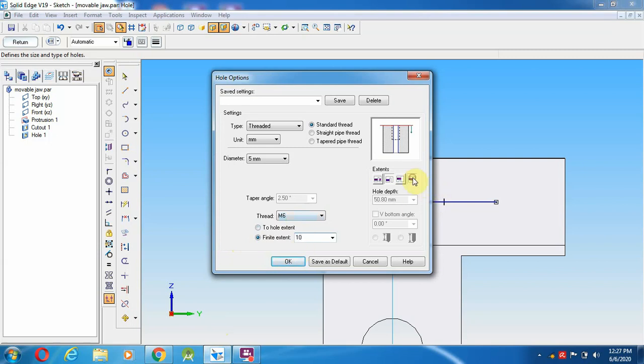Then here the length is 13 mm and V bottom angle. I am going to give the V bottom angle. Usually your V bottom angle is 90 degrees, and other than this it's okay.